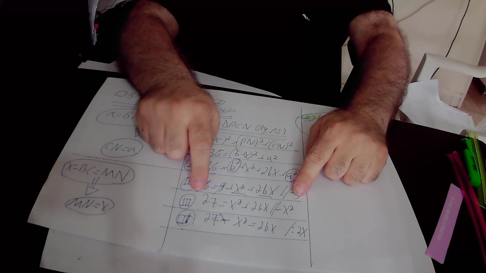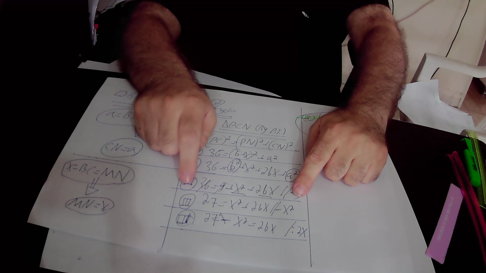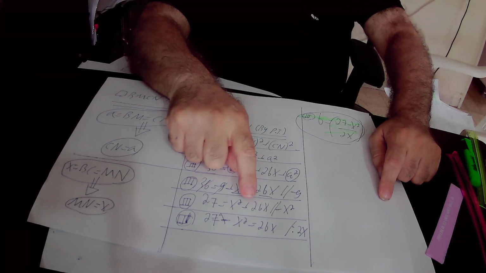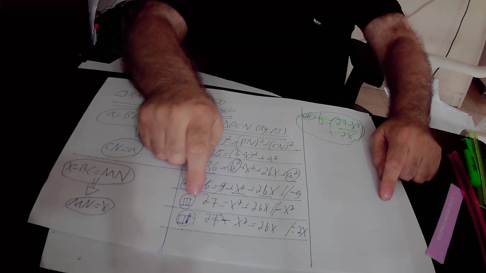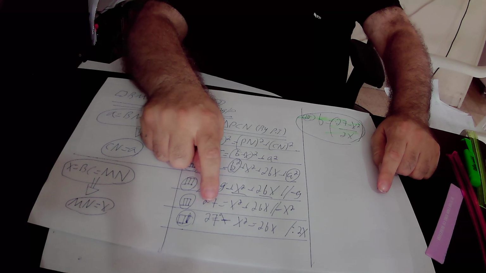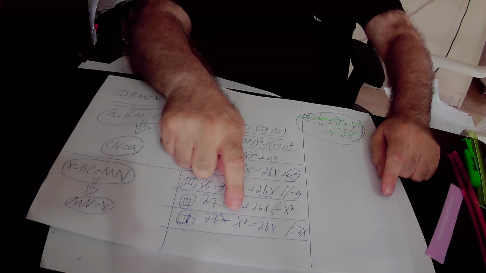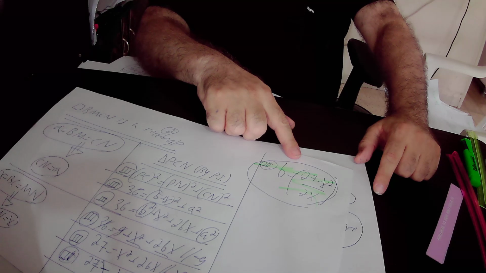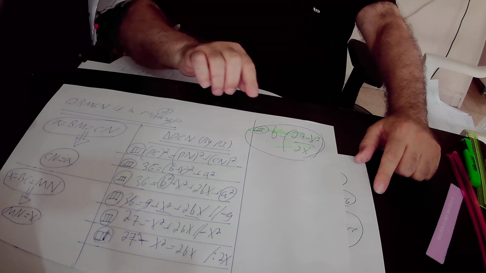We subtracted x squared from this equation number 3, and found out that 27 minus x squared equals 2bx. We divided this equation number 3 by 2x, and found out that (27 minus x squared) over 2x equals b. Okay, so we have the value of b in terms of x, and we also have the value of a